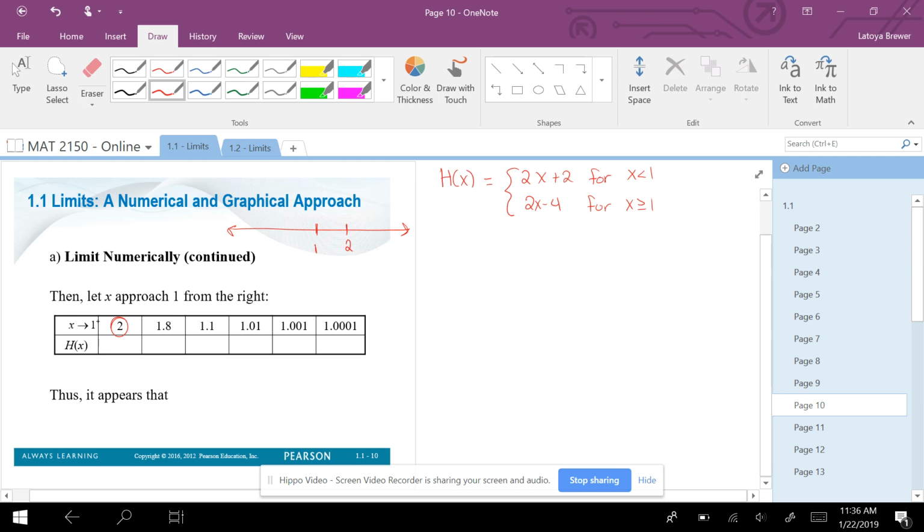So we're starting at 2, then 1.8, 1.1, 1.01. Now I want to make sure that you guys understand that this can be anything. They can be any values that you choose, but the goal here is to make sure